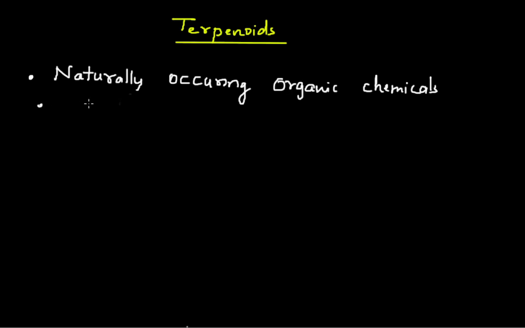And they are the largest class of plant secondary metabolites. So they represent almost up to 60% of all the known natural products. So the most natural terpenoid hydrocarbons have the molecular formula